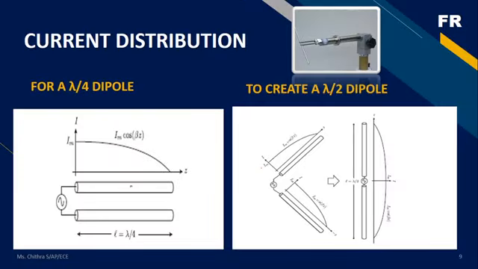Now moving on to the current distribution. Let us consider the first diagram here. This is a transmission line. At one end, we have a source that is connected. At the other end, it is open circuited. The end that is connected to the source, that is the end that is short circuited, the current will be maximum. So we consider that to be Im. And at the open circuited end, the current has to become 0 because it is open circuited.